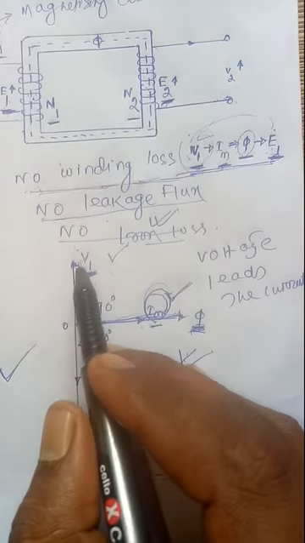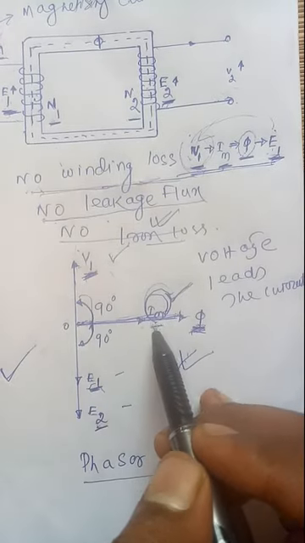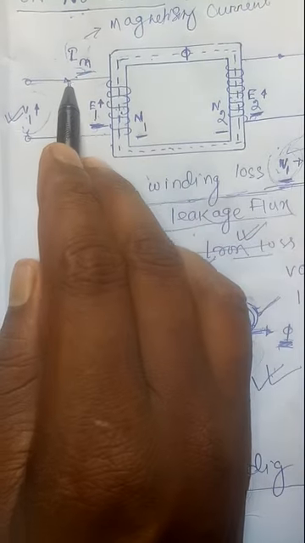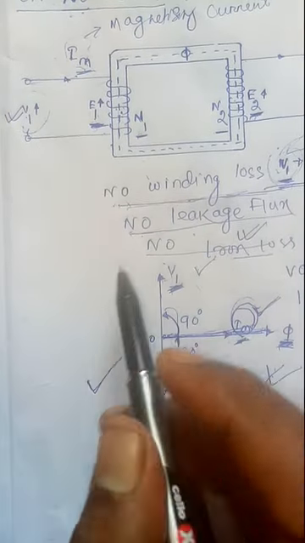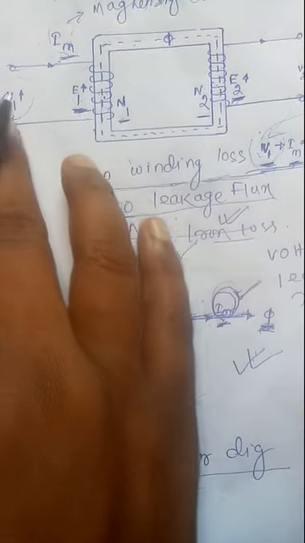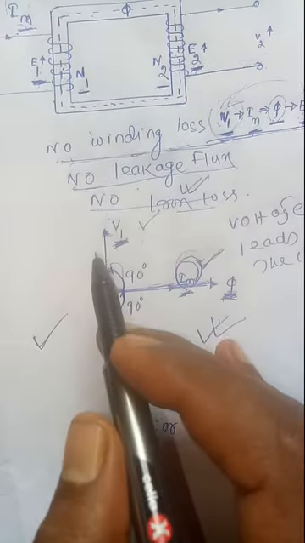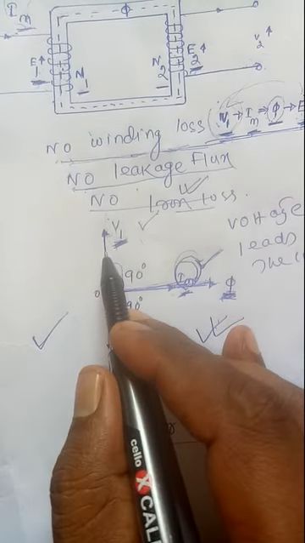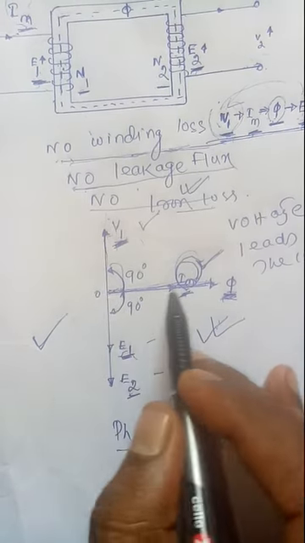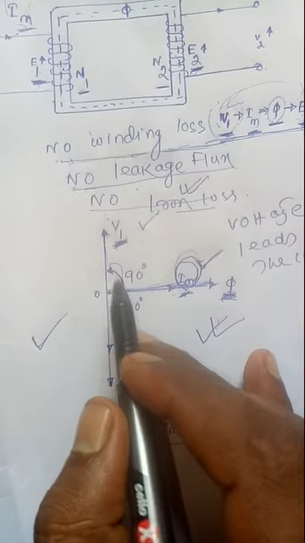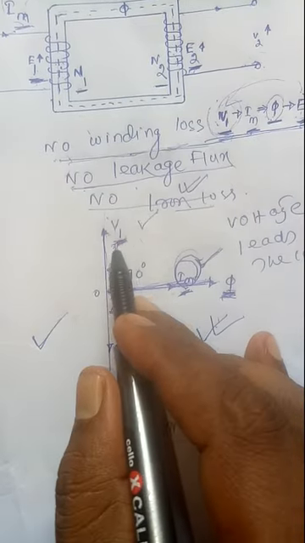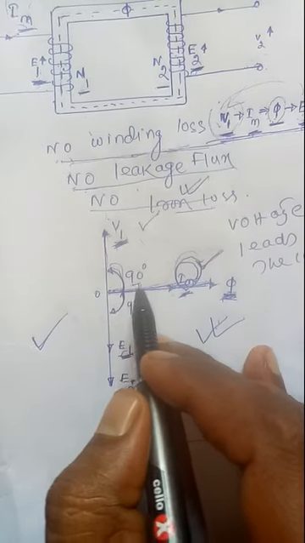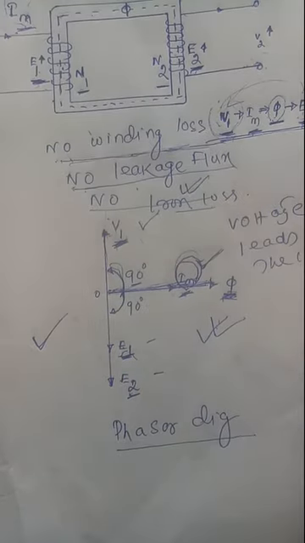So here, this is the input voltage V1. Now this one is your Im. This magnetizing current is the small current that flows in the primary winding. As we have assumed this primary circuit is an inductive circuit, the primary current Im lags the voltage V1 by an angle of 90 degrees, or we can say the voltage V1 leads the current by exactly 90 degrees.